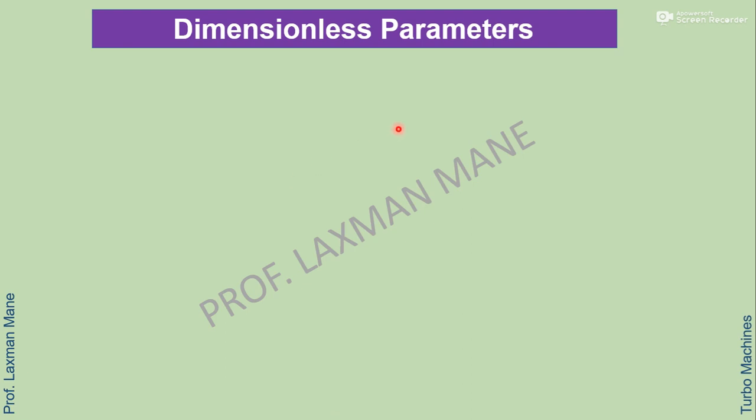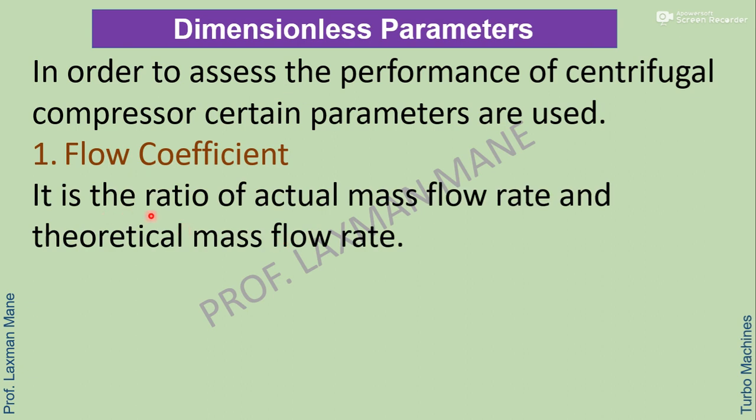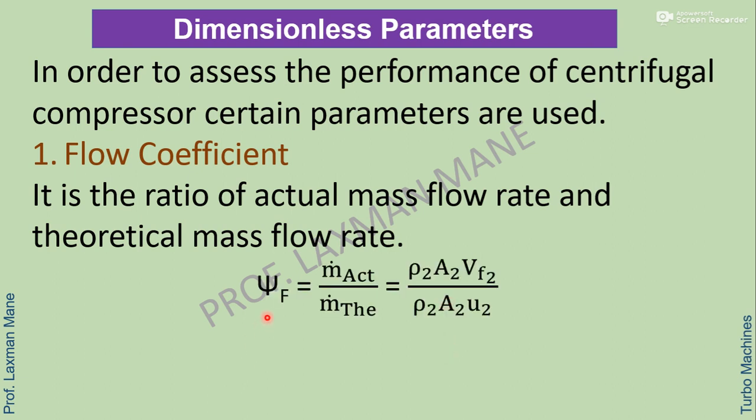Dimensionless parameters. In order to assess the performance of centrifugal compressor, certain parameters are used. So these are dimensionless parameters. So let's take first parameter as flow coefficient. It is the ratio of actual mass flow rate and theoretical mass flow rate. So mathematically it is given as psi f, means flow coefficient, is equal to actual mass flow rate divided by